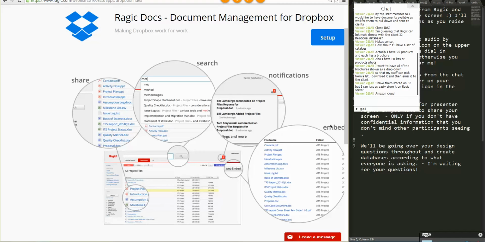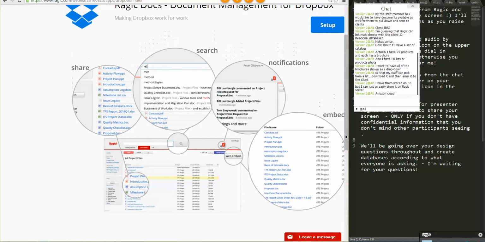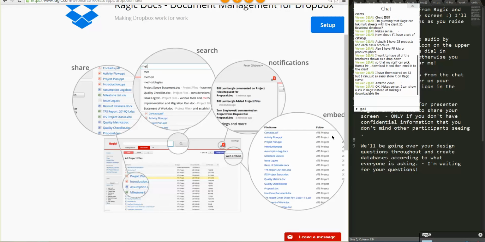You connect with one folder inside your Dropbox, so it doesn't connect to the main Dropbox folder you have, but a subfolder. If you don't have a subfolder, you can make one, and it shows all of your Dropbox files inside, like entries over here. So a few advantages to doing that is your files are stored in Dropbox, not Ragic, so it doesn't count to your storage quota in Ragic. And second of all,